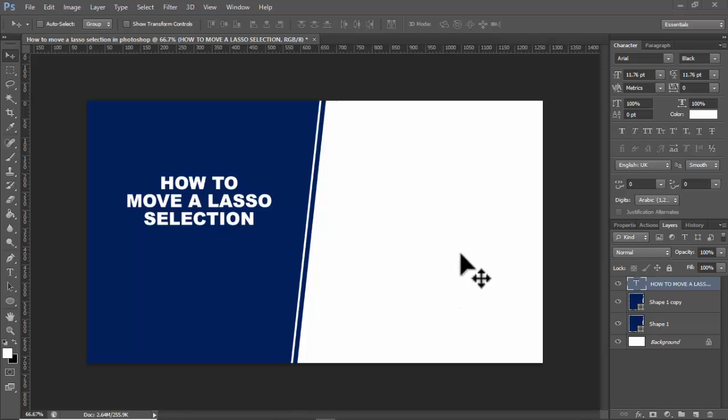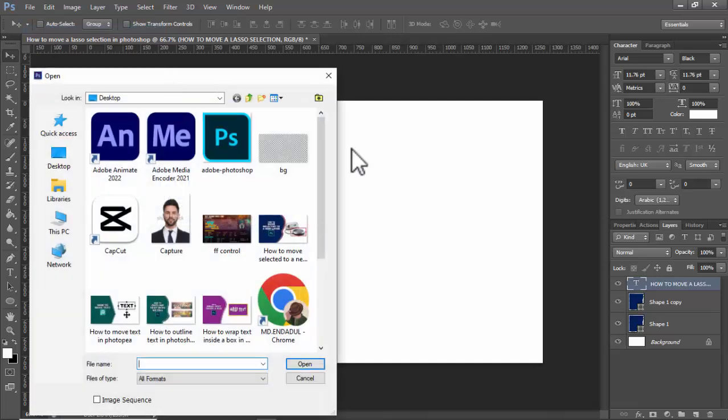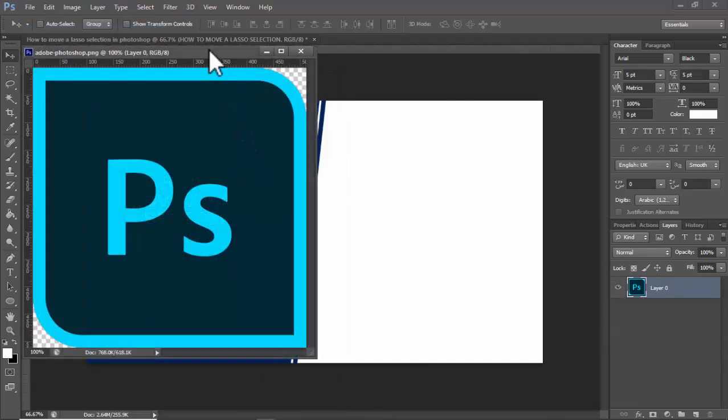In this video, how to move a lasso selection in Photoshop. Let's begin. Go to File, Open, and open any image or photo or logo as you wish. I use this logo. Then